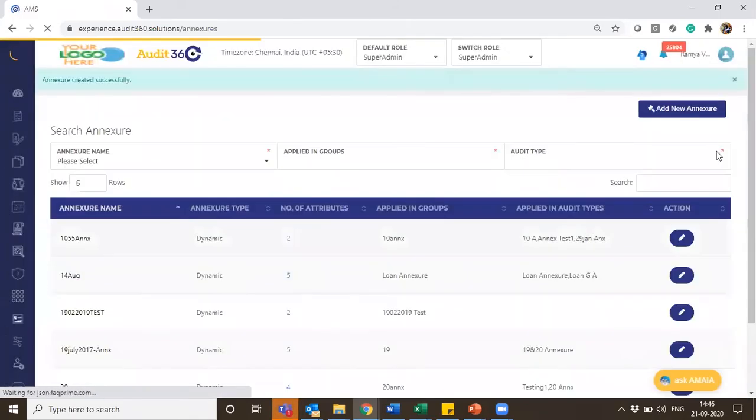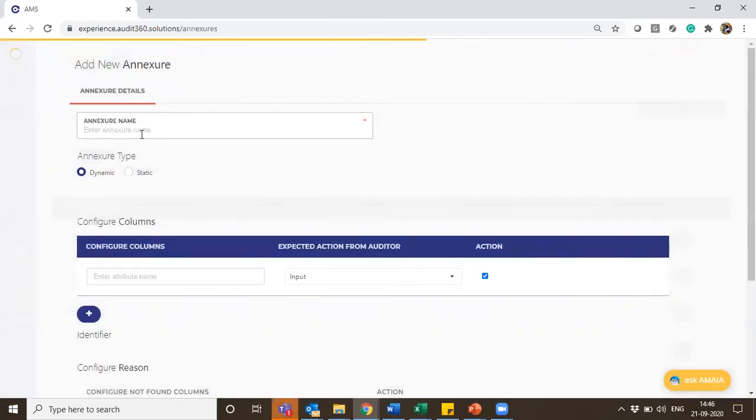So let me also quickly create one more annexure column for dynamic. I'm just giving this for voucher. And I'm choosing this as dynamic so that I can show you how information can be uploaded here. So I give here voucher number.